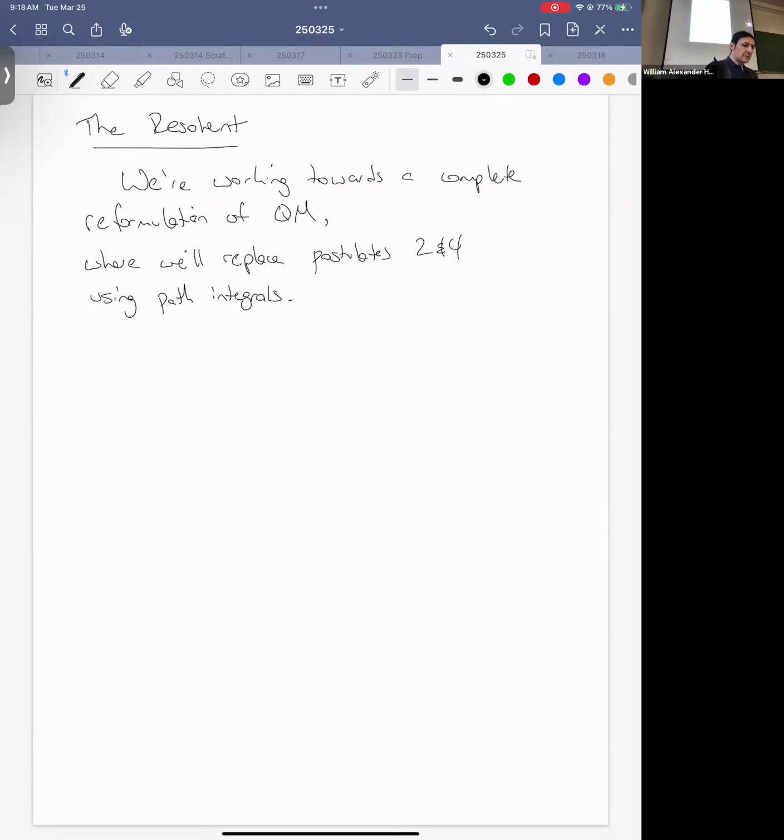Good. I think I made it clear, but if this were a longer course, and we had more time, we could have you explore in real detail this complete reformulation. I just want to expose you to the concept of the reformulation. You might be asking the question, what is the value of this reformulation? I would say the major value is that the path integral is an integral over e to the i action. And so it's a formulation for which symmetries can be embedded from the very start.